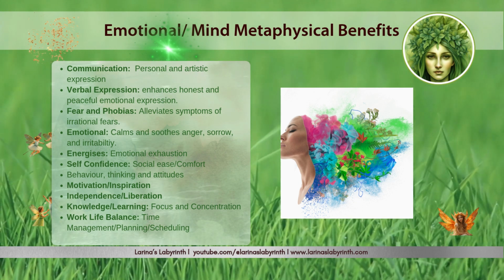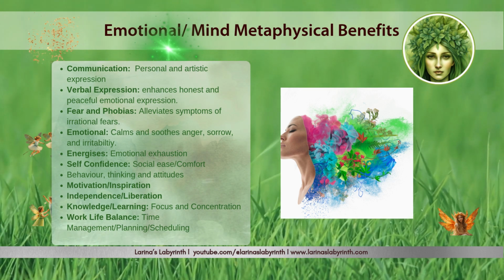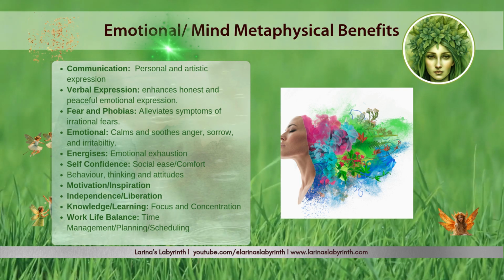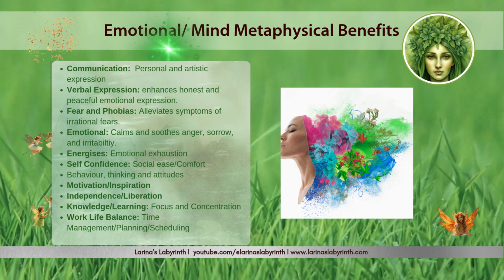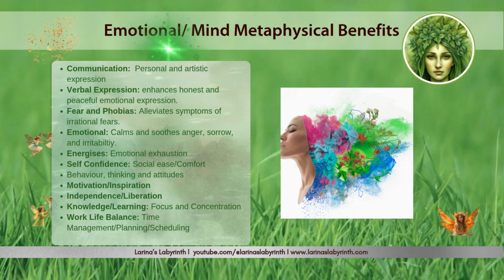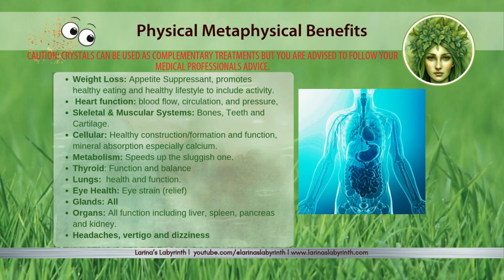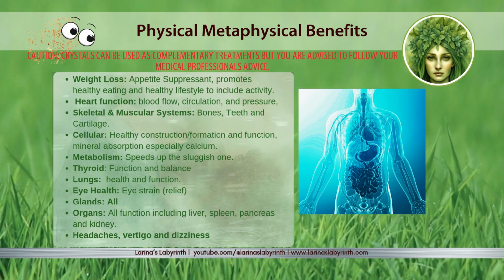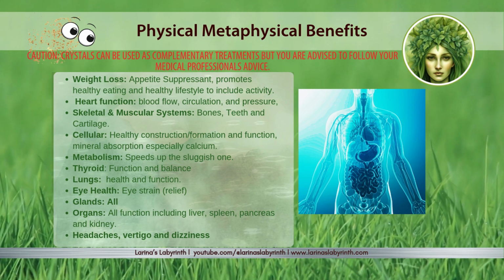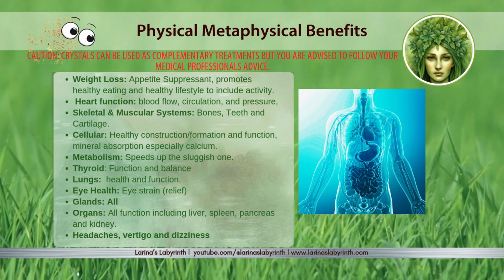So that works for managers of businesses, but also for students and lecturers, because scheduling and time scheduling is very important. Especially to have successful outcomes. It's also supposed to help a person to feel more liberated and free. And we already talked about the fact that it enhances spiritual knowledge and awareness. So before we talk about the, I'm struggling with my words today. Before we talk about the physical, metaphysical benefits, I just want to recap some of those emotional mind power aspects